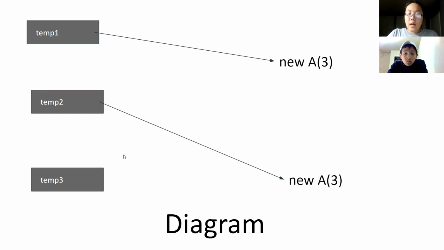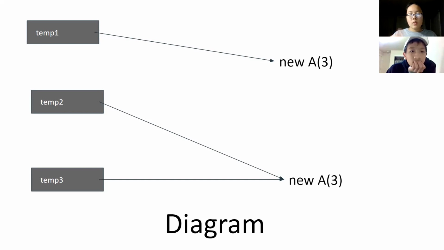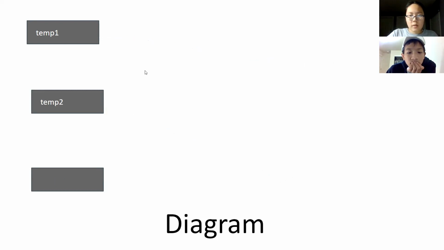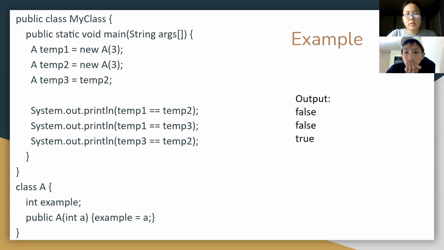And then what happens when we're saying temp3 is now equal to temp2? What we're saying is that arrow points to this new A(3). The reason for that is because we are not saying new A(3) anymore. We create a new reference named temp3, and we're pointing to the same object value that temp2 was pointing to. That's why those two arrows are heading to the same exact object value, and why temp1 is over here. So why that matters to what the output was, if I scroll back through all these transitions: